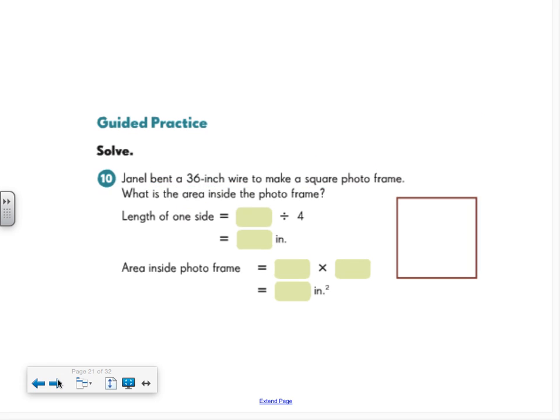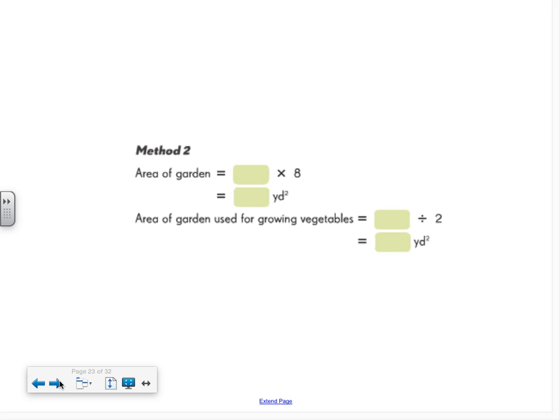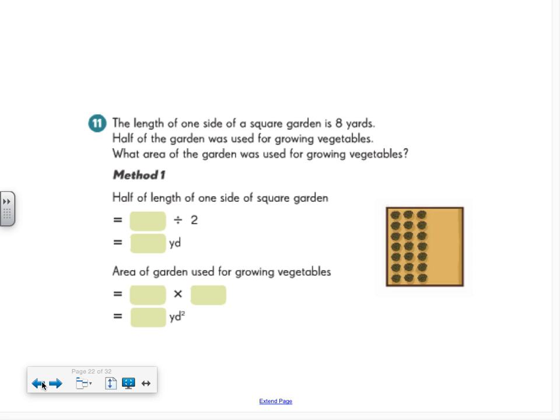I think, let's see, I'm going to skip this, same thing. We're going to do one more problem right now. And the problem is the length of one side of a square garden is 8 yards. Half of the garden was used for growing vegetables. What area of the garden was used for growing vegetables? I want you to pause it and see if you can figure it out, and then we're going to go over it together. If I'm picturing, and I like how they drew it, it's a square garden,